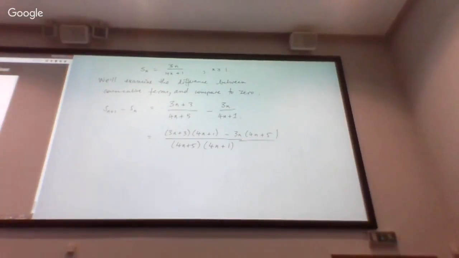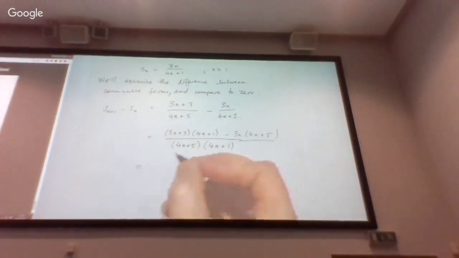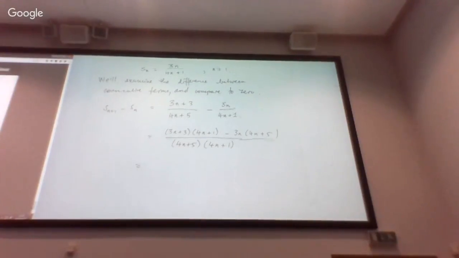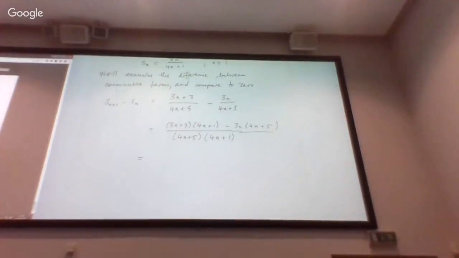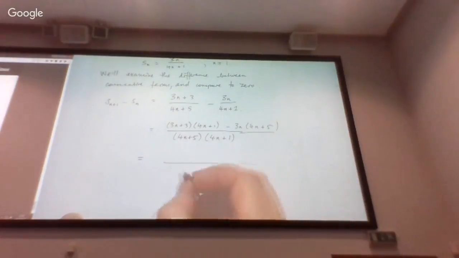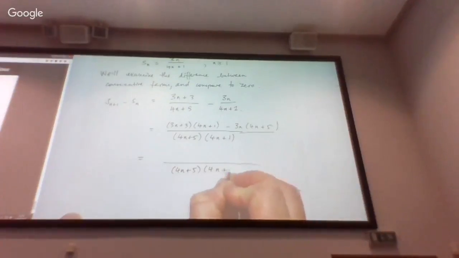Great. You really need to be confident and happy with manipulating your fractions and adding and subtracting symbolic fractions and so on. And so what does this give us? I won't bother multiplying out the denominator. You don't really need to know what it is. But we do need to know what the numerator is. And so if you multiply out all these brackets,